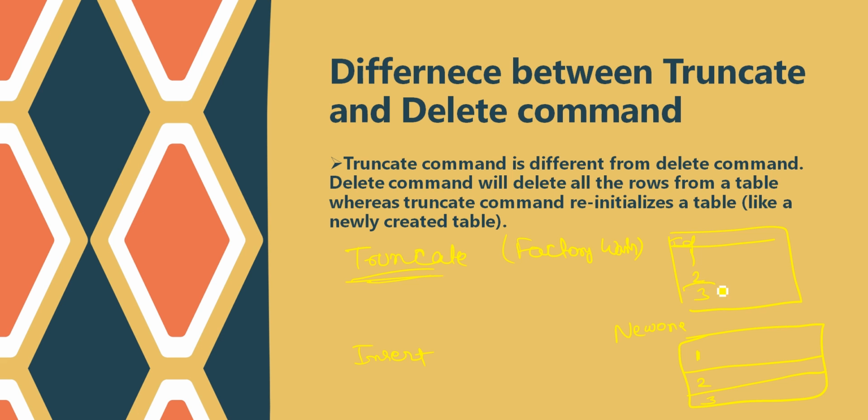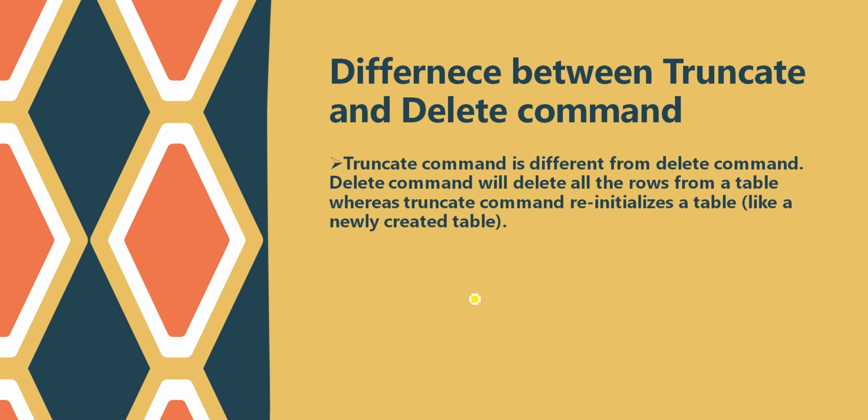It doesn't matter what the last value was previously, when we used truncate on the same table. This is the same table which we had previously, but whenever we apply a factory wash, it is going to be completely a new one. So whenever we insert a value, it is going to start with the auto increment we have set. So we have set 1,1: start with 1 and always increment by plus 1. So this will be the value of 1. This is the actual difference between truncate and delete.